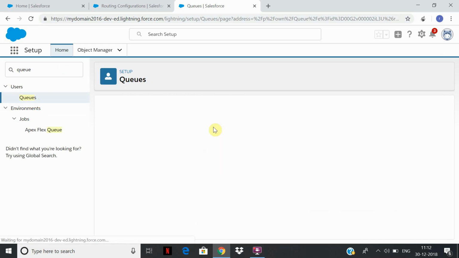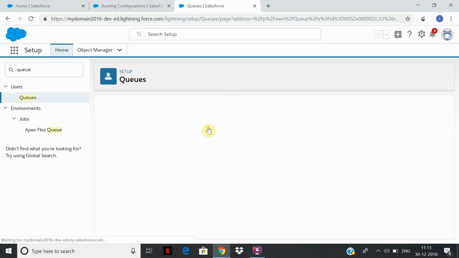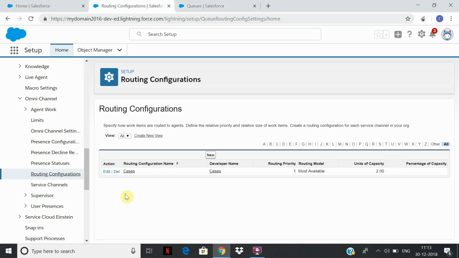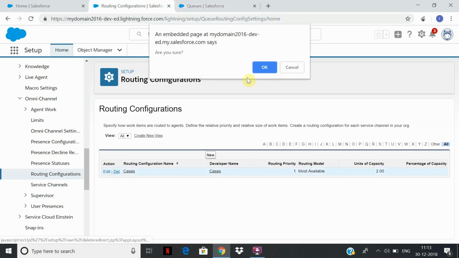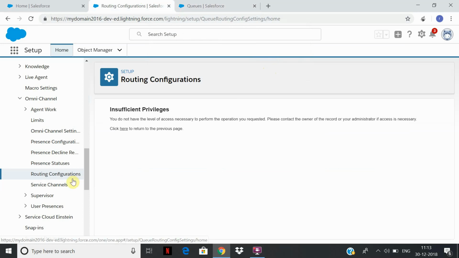Yeah, it's used over here first, so let's remove this routing configuration. Now we can delete this. What we will do here is change this existing one to some other object, and we can continue.